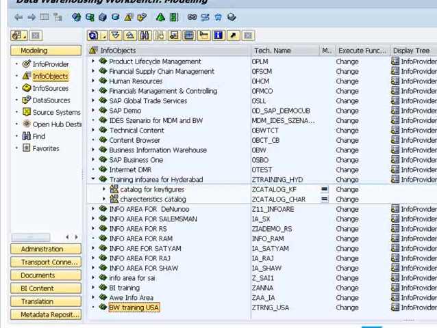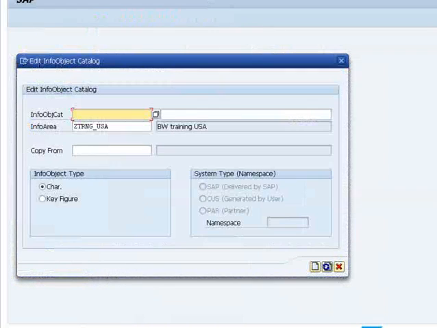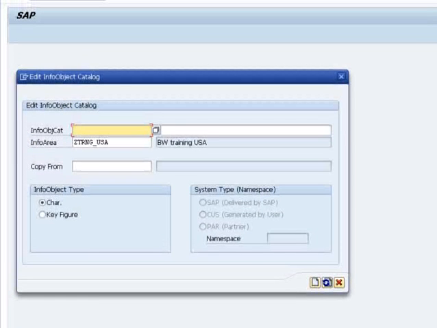In order to create an info object, you have to create info object catalogs first. You right click on the info area and create an info object catalog. So you have to give the technical name of the info object catalog and the description, and further you have to select whether you are going to